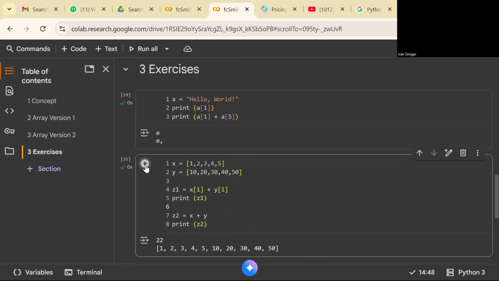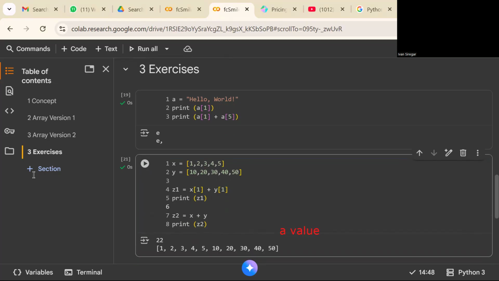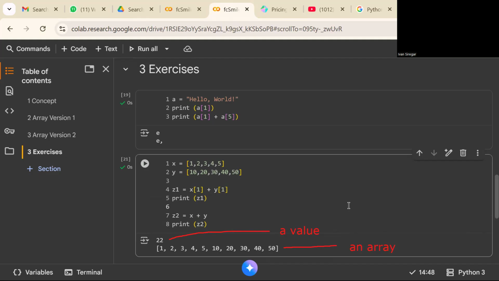Okay, so let's run. Now you observe that they result differently. Number one is just a value. Okay, it is just a value. But this is an array.